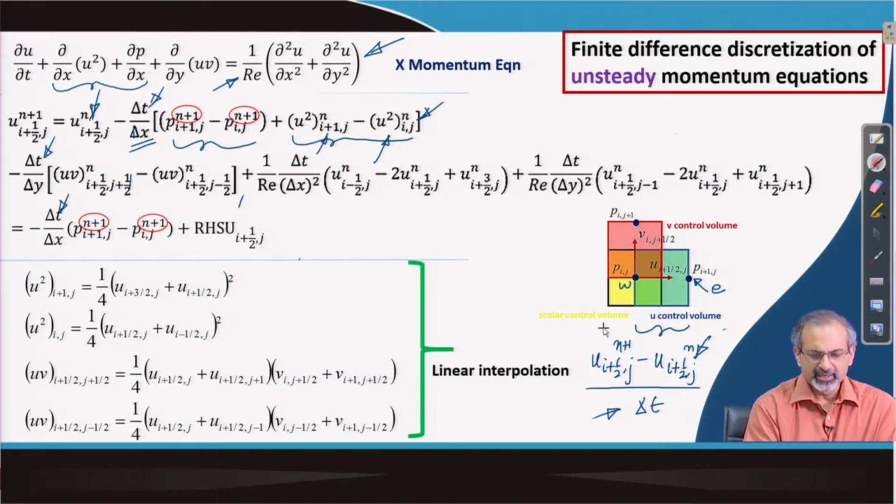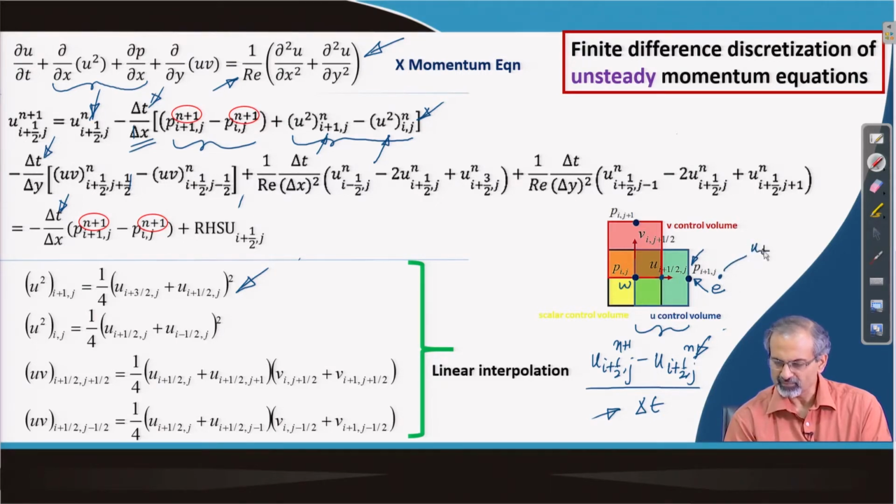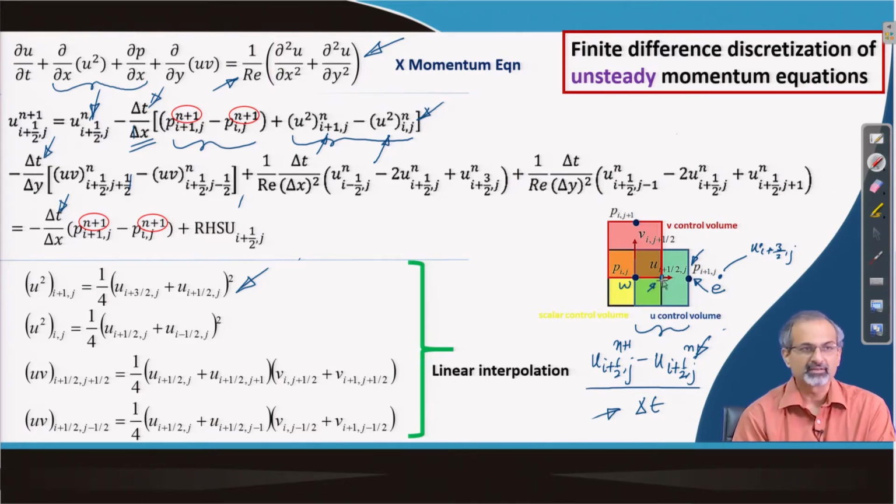And how do you calculate u square at I plus 1 or at I? They are calculated this way. So, you can make out they are linearly interpolated. For example, at this point, in order to linearly interpolate, you define the neighboring u's. So, this is u I plus 3 by 2 j, and this is u I plus half j. Those are the two u's which have been